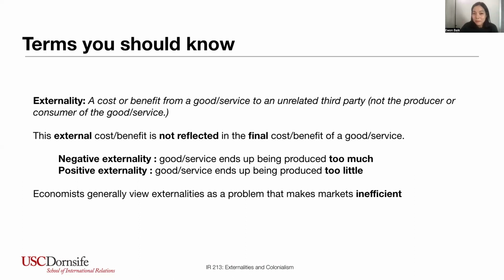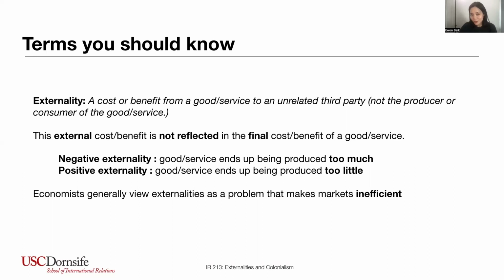So in 1970, Milton Friedman, a famous pro-free market economist, wrote a famous article called "The Social Responsibility of Business is to Increase Its Profits." And the one-line summary of this pro-free market argument was that greed is good, right? The best thing we can do is encourage firms to freely maximize their profits. And Friedman said in this article that the free market is great and everything's going to be great as long as all the externalities are reflected in the final price. The caveat of this sentence is that in order to reflect the externalities in the final price, we actually need a very active government that can intervene.